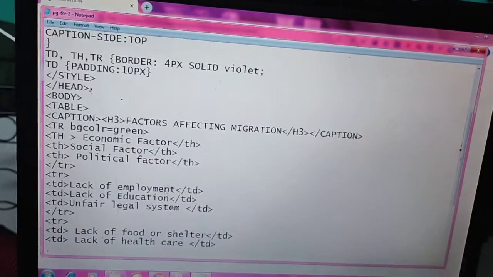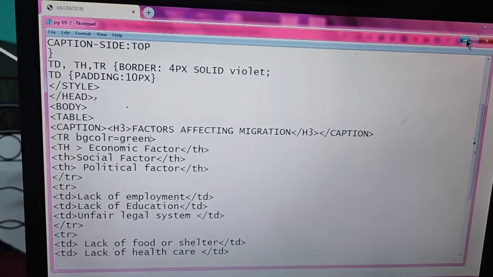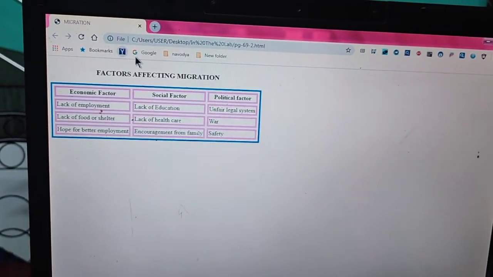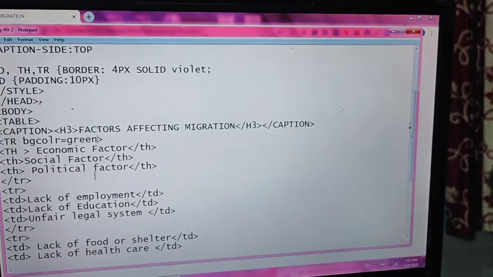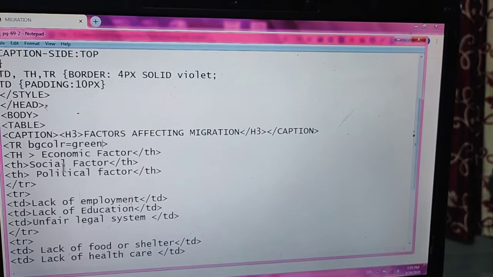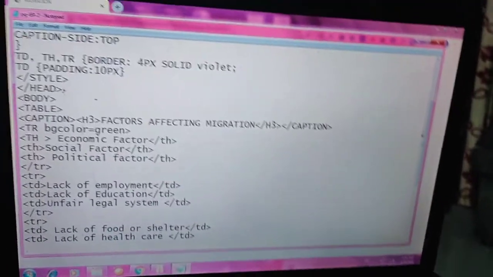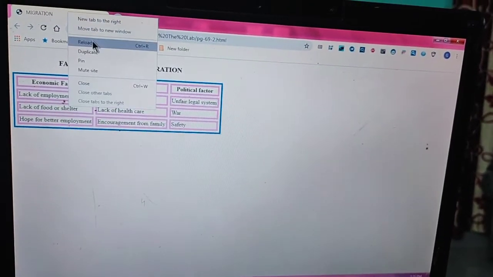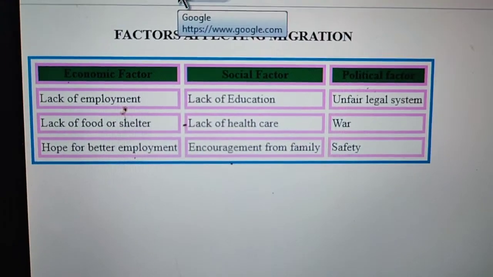Then save it, minimize it, and check the output. Reload it. Let me see. Bgcolor, and reload it. You see the first row appears green in color.